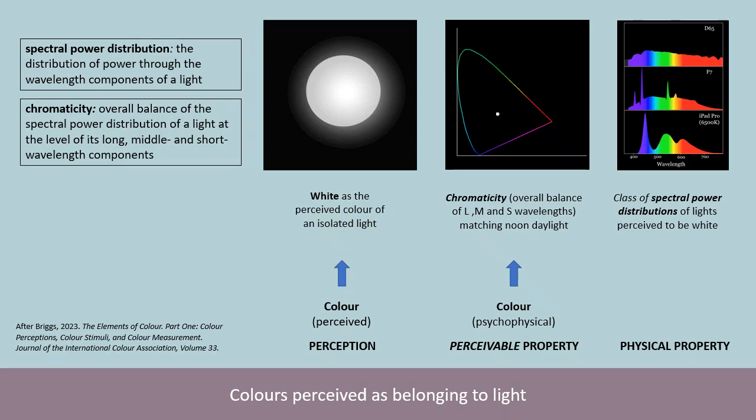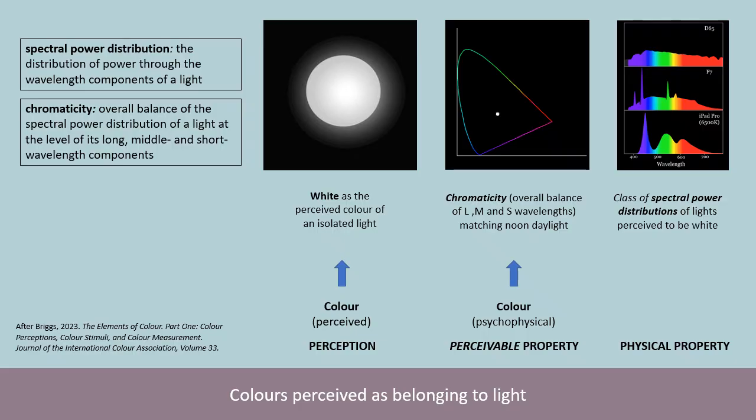Colorimetric specifications are designed to represent just those physical differences that we perceive as colour differences by ignoring physical differences that are not visible to humans. So, for example, white as a colour of an isolated light corresponds to a whole class of physically different lights, like the 3 on the right, each having a different spectral power distribution or distribution of power through the wavelengths of the spectrum, but having the same chromaticity or overall balance at the level of the long, middle and short